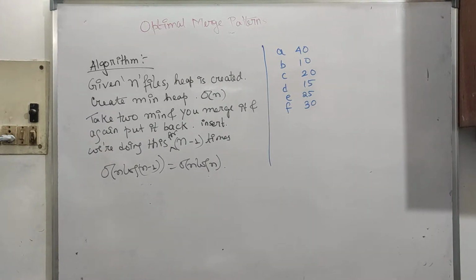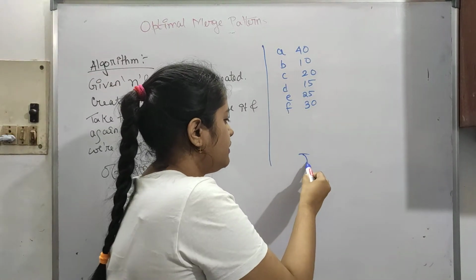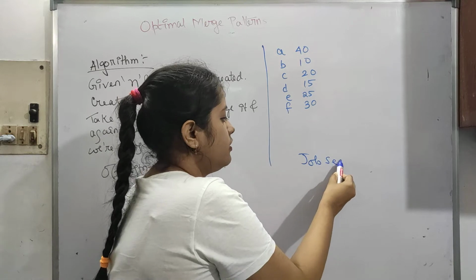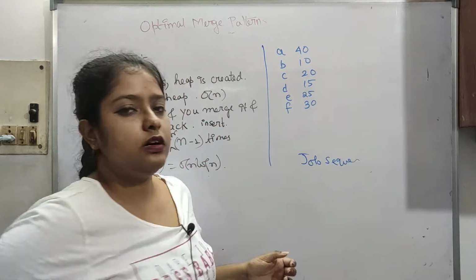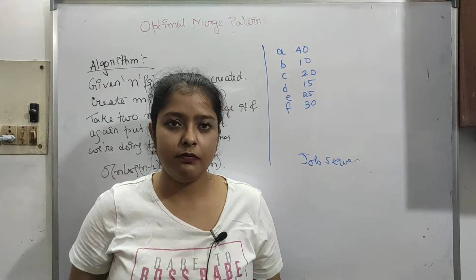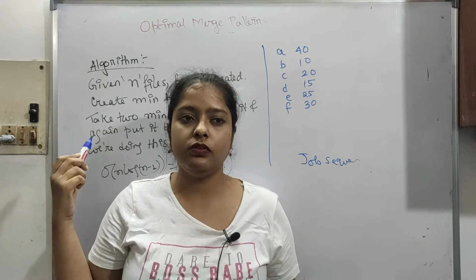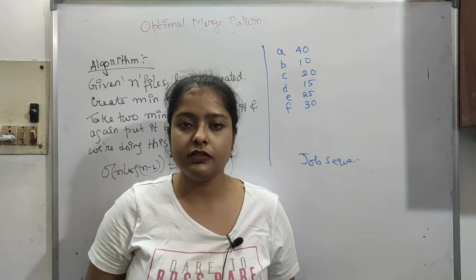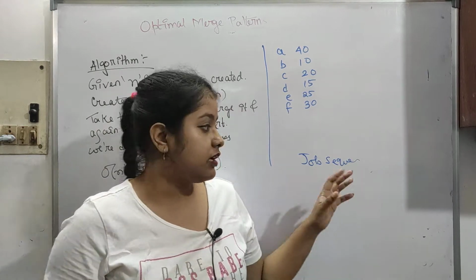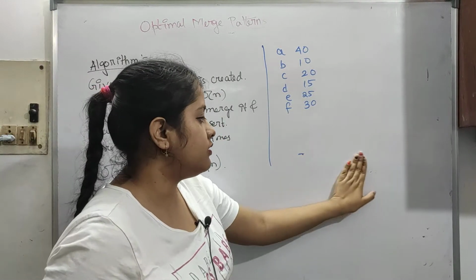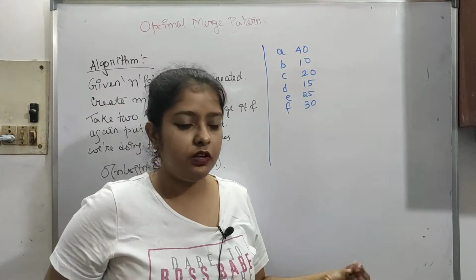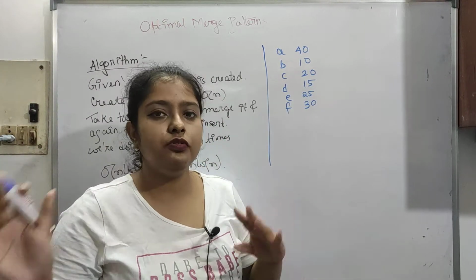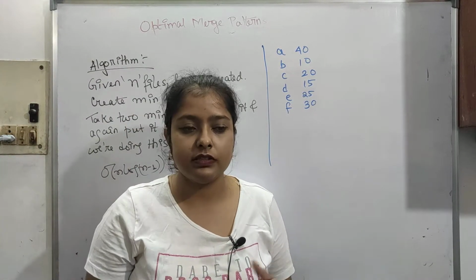So hi, next, we have done till job sequencing with deadline. So our next is optimal merge pattern. It is similar to our Huffman coding, but with a bit of difference. I hope you have watched Huffman encoding. If you haven't, you will not be able to understand this. If you already know it, then you can watch.